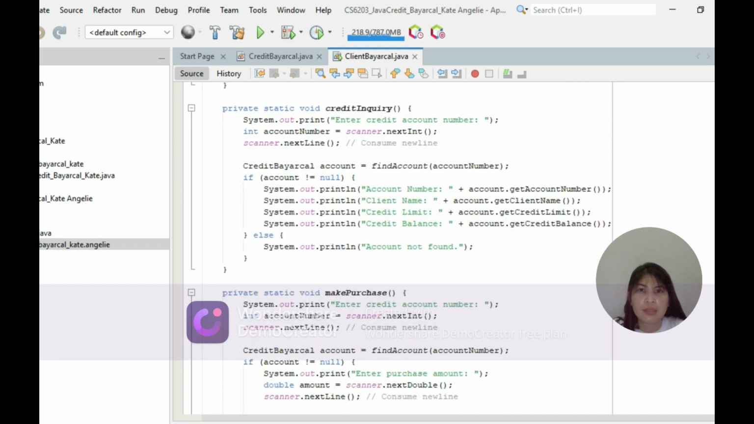So next is the private static void creditInquiry. We are proceeding on the second step. So creditInquiry() {, System.out.print("Enter credit account number: "); int accountNumber = scanner.nextInt(); scanner.nextLine(); and then next we proceed to